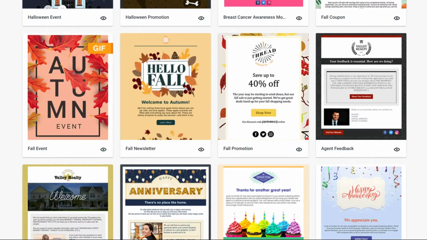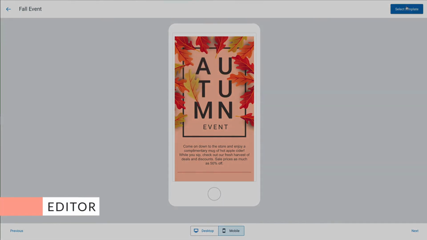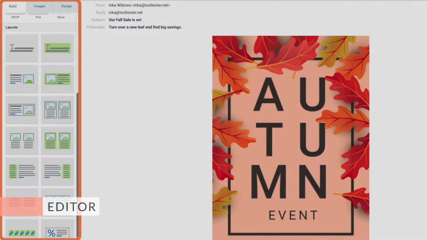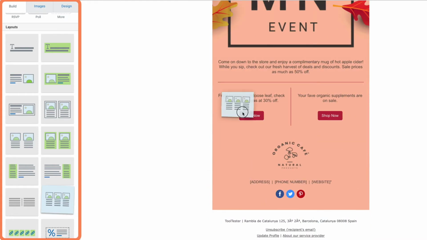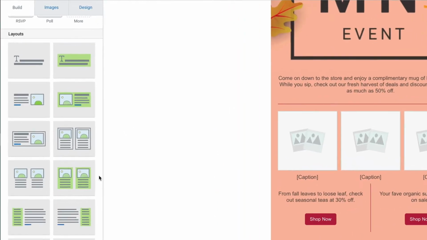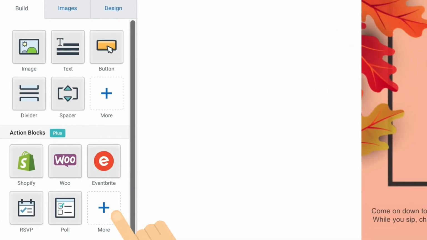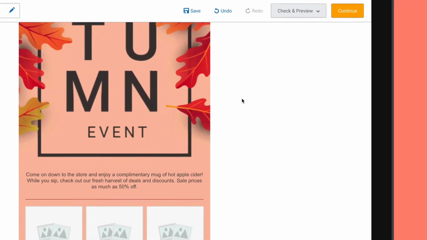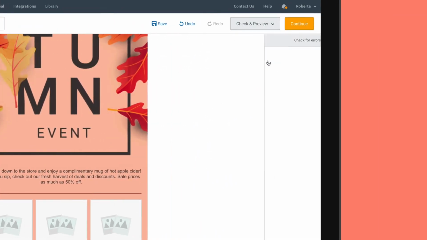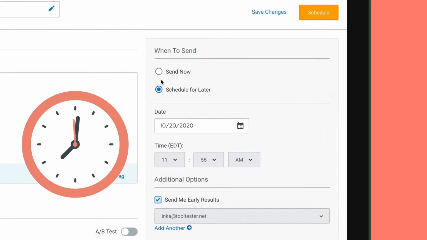You have a number of decent templates to choose from, like this cool GIF. The range of features you can add isn't bad, and you have plenty of options to get your layout just as you want it. The editor itself is fast and easy to use. You can add and delete sections conveniently, as well as use spaces and dividers to get clean and distinct sections. Though there's no design or spam testing available, the Check for Errors feature is quite handy. Once you're ready, schedule or send your email.